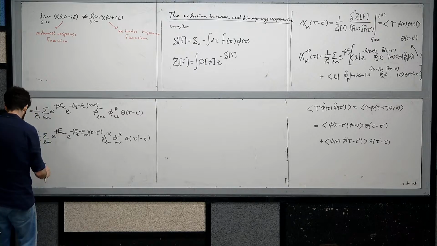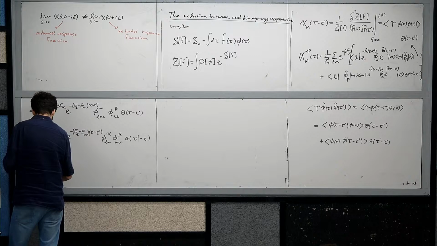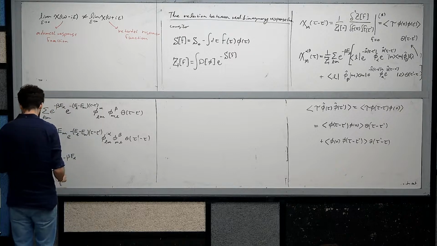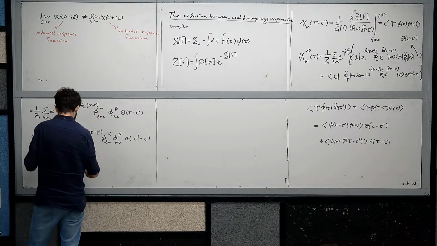So I get e to the minus beta E_L, theta of tau minus tau prime,